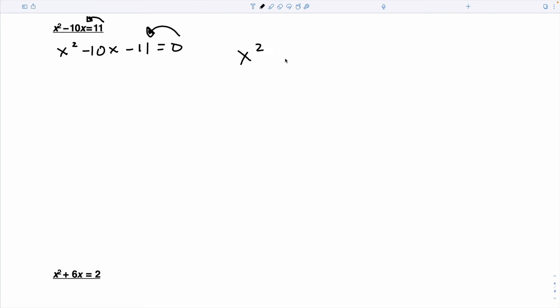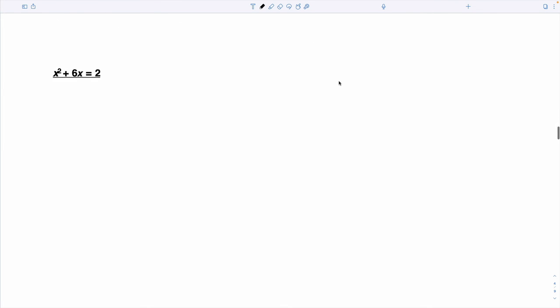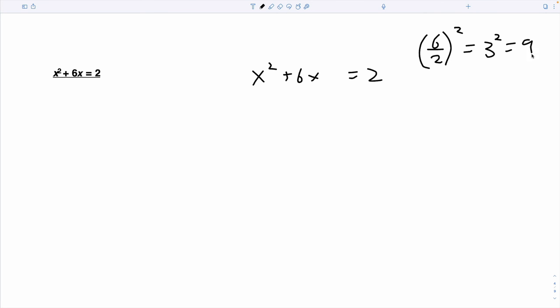I started out with minus 10x equaling 11, and I got, nope, I'm on the wrong one. I'm doing 2. I got x squared plus 6x equals 2, so I need to complete the square. I'm going to put 6 over 2, row 4, track the board. Thanks for your great partner work, but right now we are discussing whole team. 3 squared would be 9. When I put 9 here, I'm going to add it, and I get x squared plus 6x equals,